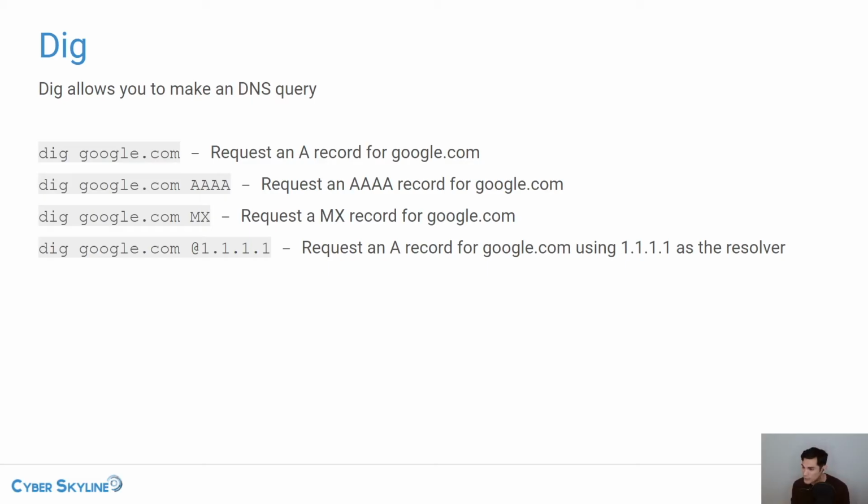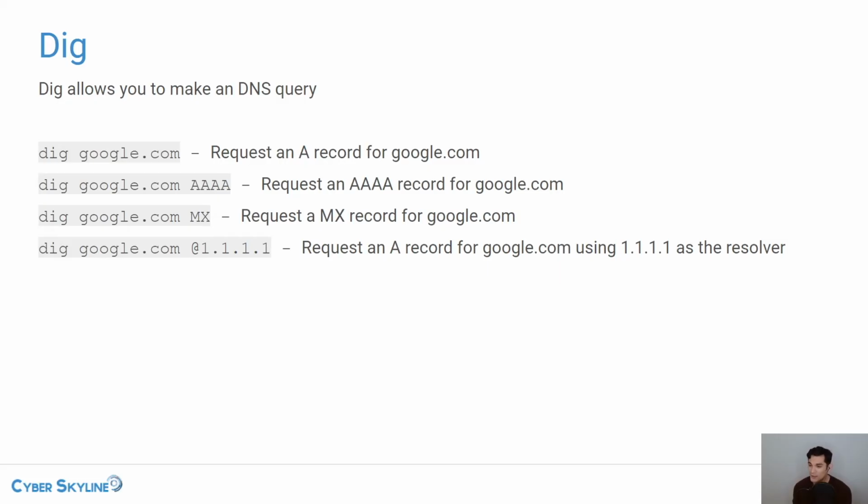The reason why you might want to do this is because you are dependent on that resolver being legitimate and not malicious. So let's just say by default, your computer network is configured to use your internet service provider's DNS resolver, and maybe they're censoring something, or maybe they are being malicious or redirecting your traffic.